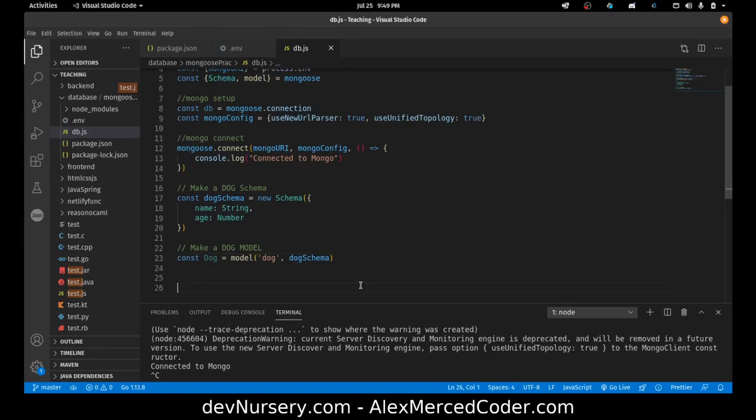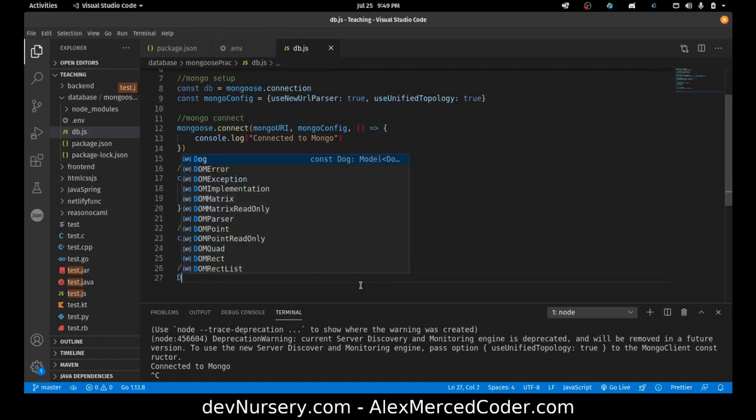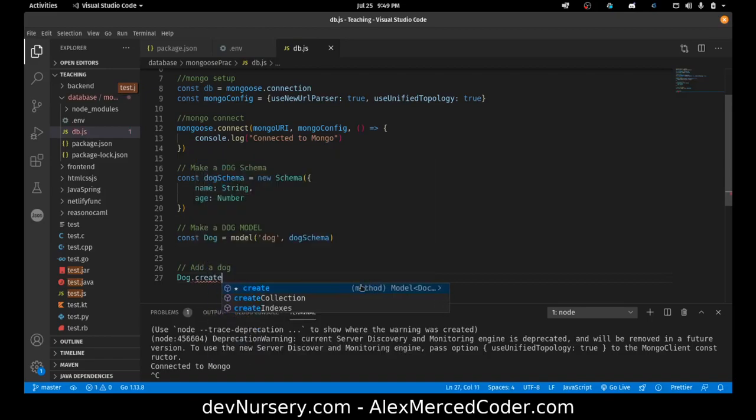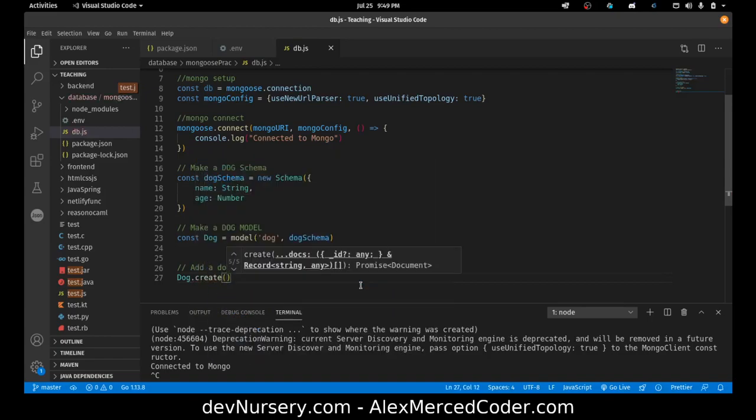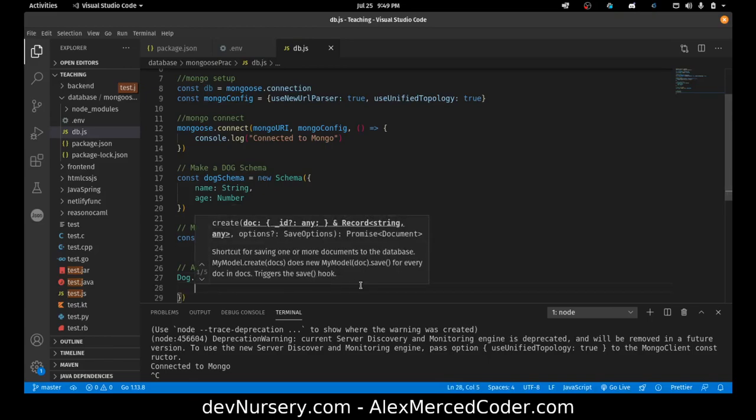Cool. So then next, let's add a dog. So I just take my dog model, dog.create. There's all these different functions that are part of the Mongoose library that basically take place of your Mongo commands. Read the Mongoose documentation to get all of them, but this is the basic idea. Okay, dog.create. We're gonna just pass in a new dog, and we'll just call it